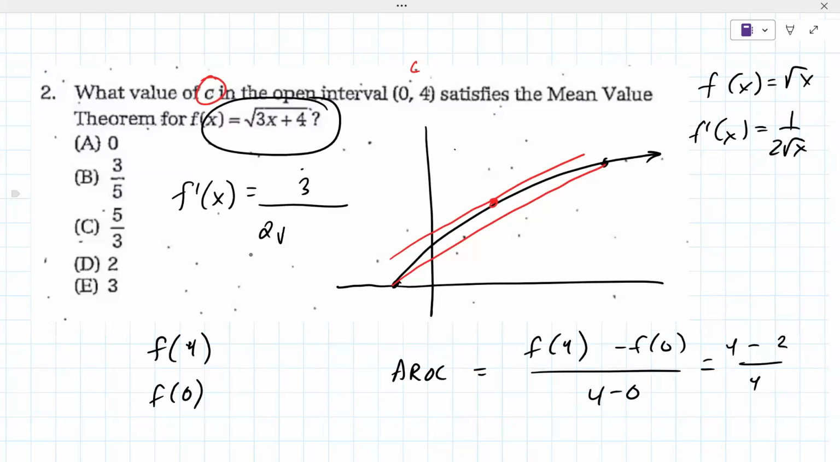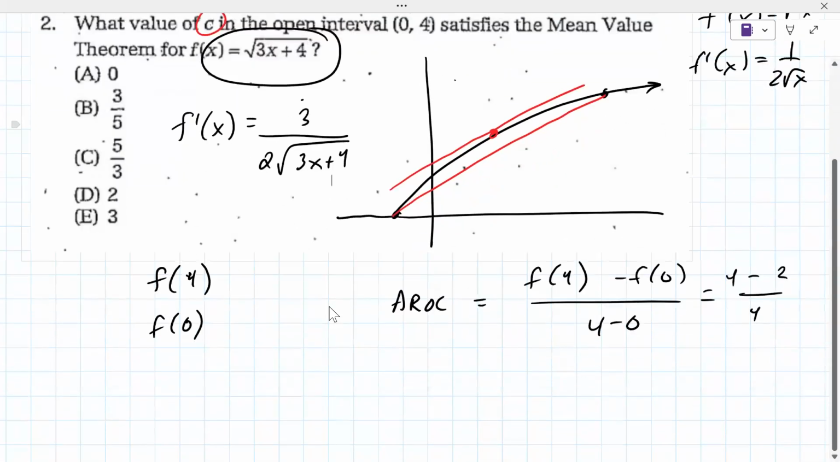Yeah. 2 root 3x plus 4. Yeah, very good. Awesome. All right. So now there is somewhere, and this is the hard part, but because it's multiple choice,